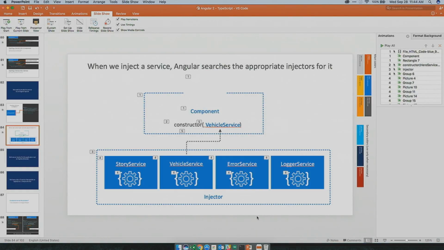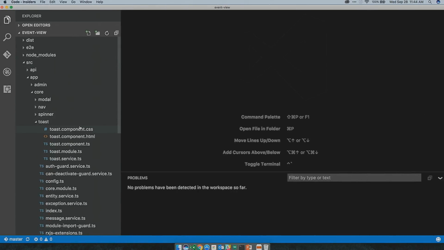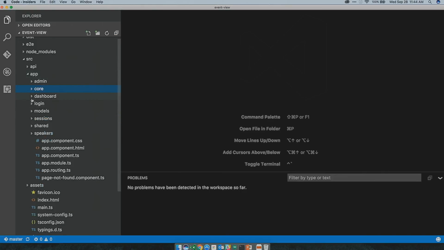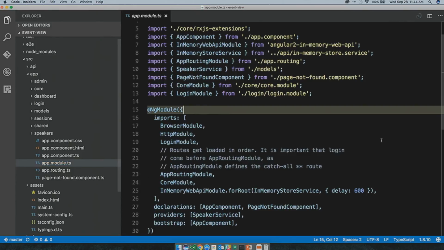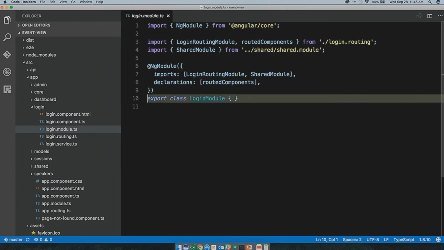So remember the forms module? Here's a much more complicated example. This one has like 100 files in it, and I have a root module right here. In my root module, I'm pulling in browser and HTTP. Those are Angular things. Notice I have a login module, which goes over to this module here.